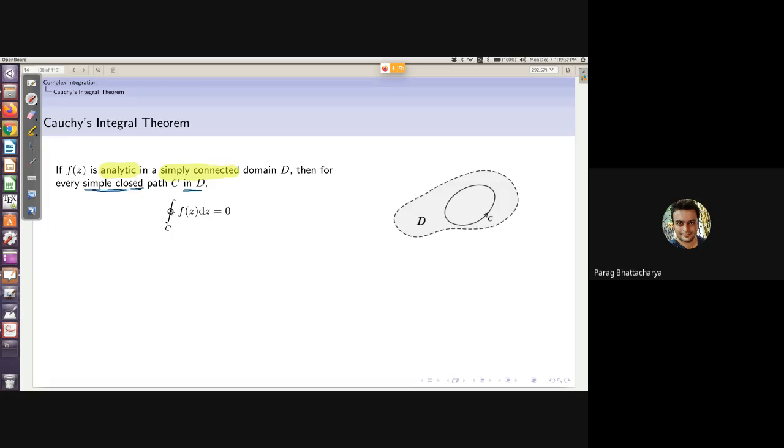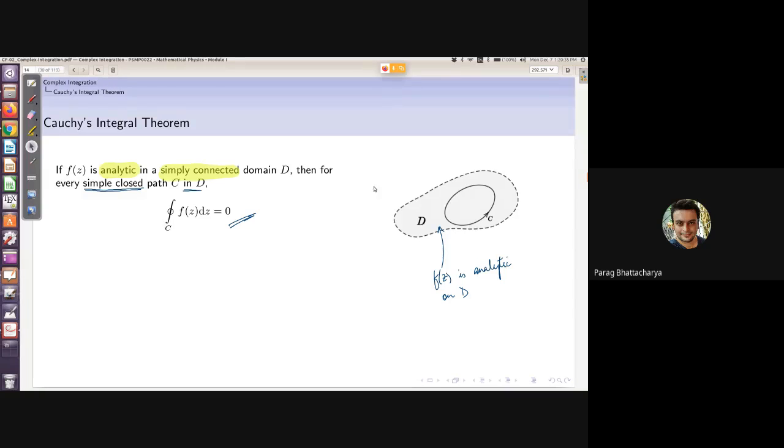So what the Cauchy integral theorem says is, if I have a domain D, and this function f of z is analytic at all points on this domain D, then if I draw some curve C which lies completely inside this D, the line integral of the function over this closed curve will always be 0. That's what Cauchy's integral theorem says.